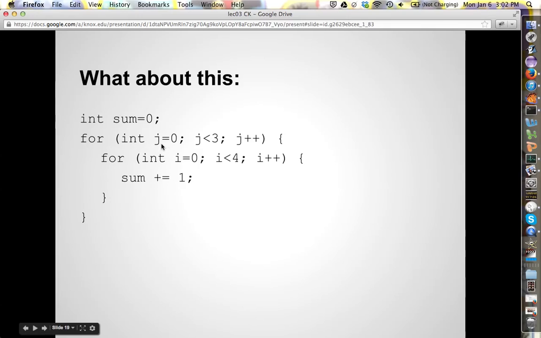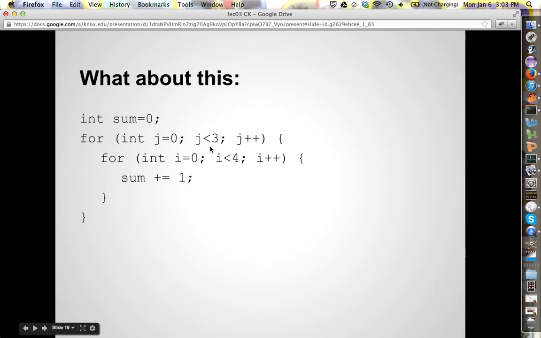Now, we can't have this for loop be i and this one be i, for the same reason that we can't create some integer variable x twice. We saw that in a previous set of clicker questions. So what we need to do is come up with a different loop counter. We'll go ahead and call it j, right? So now this outer for loop